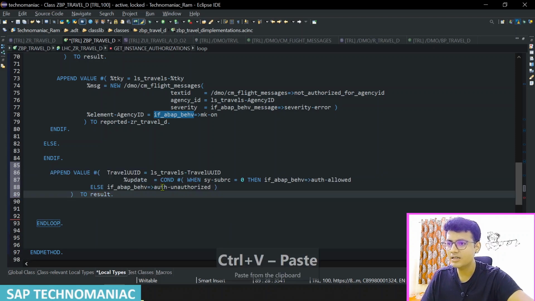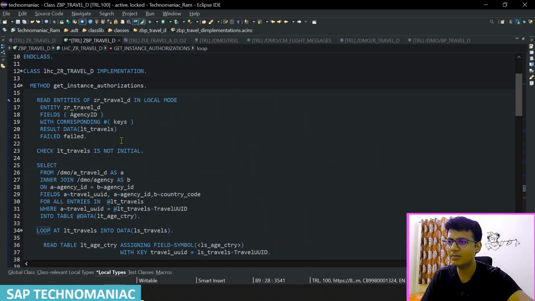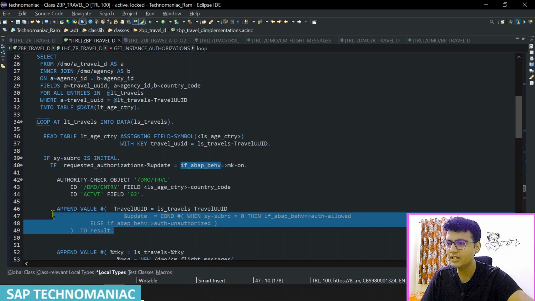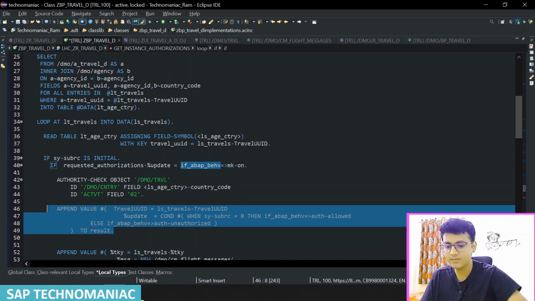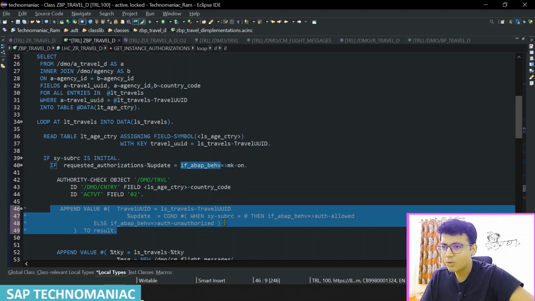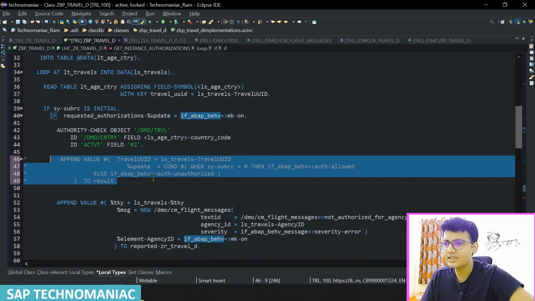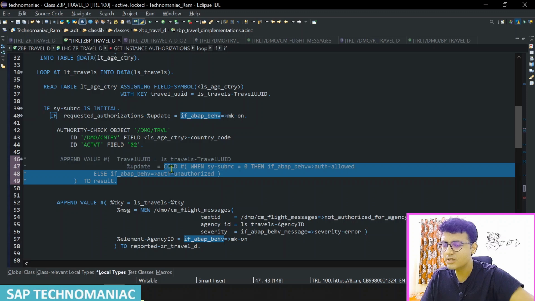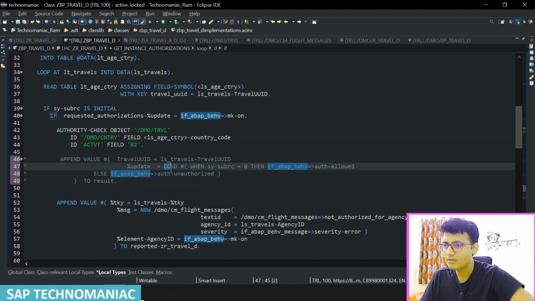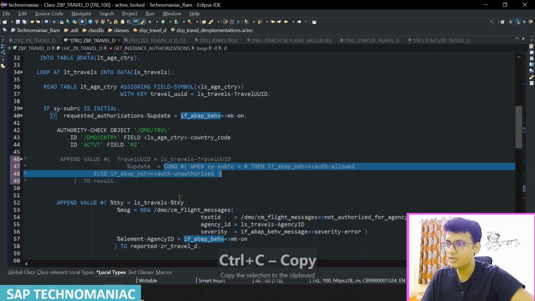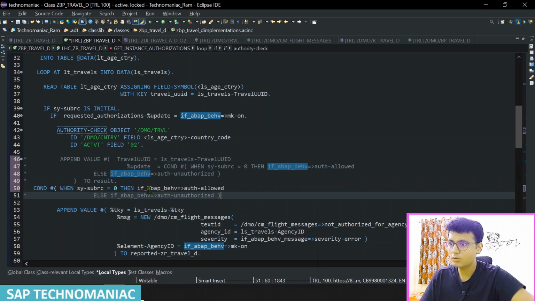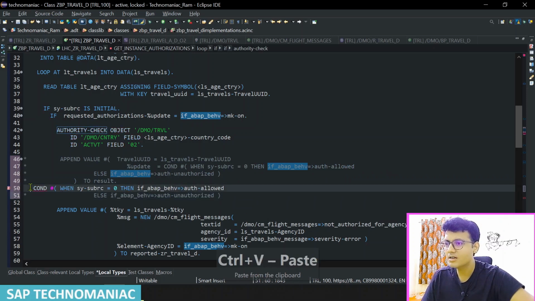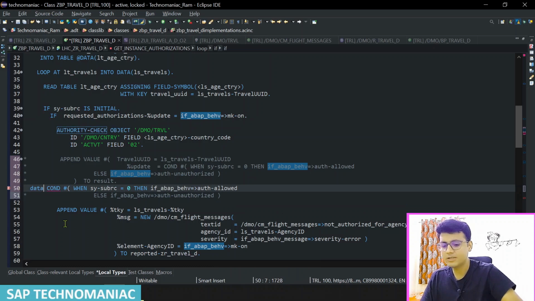So here we have the update operation. Let me comment it out, this one here, Control Shift less than, and this code condition operator I will write here. Control C, Control C, Control V, and this should be data. I will declare inline LV update, which should equal to,